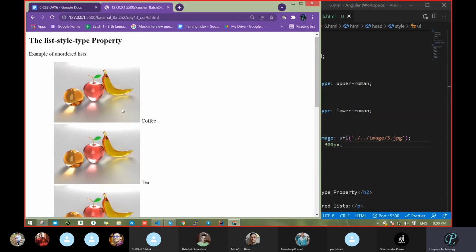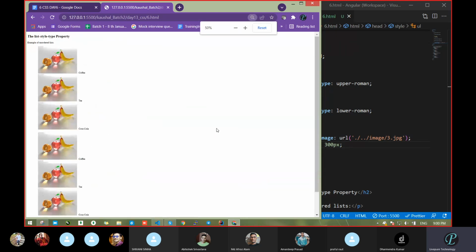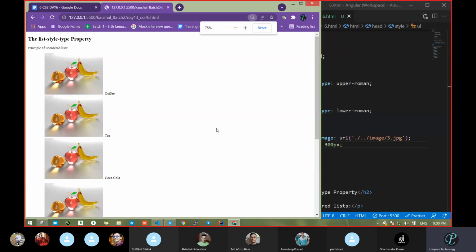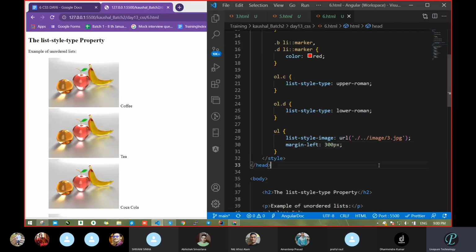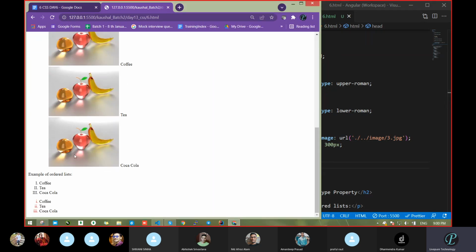Previously it was showing a bullet sign. Now it's not showing the bullet sign; now it shows the image in place of the bullet sign. Clear? And we can increase and decrease the height; we will see how to do that also. So that way we can add our image and remove the bullet. See, I passed it in the UL case only, that's why we get it in this part only.